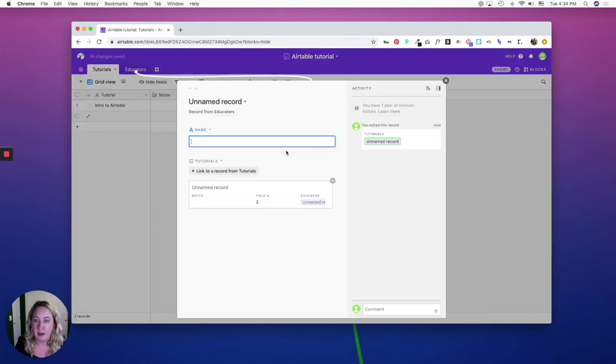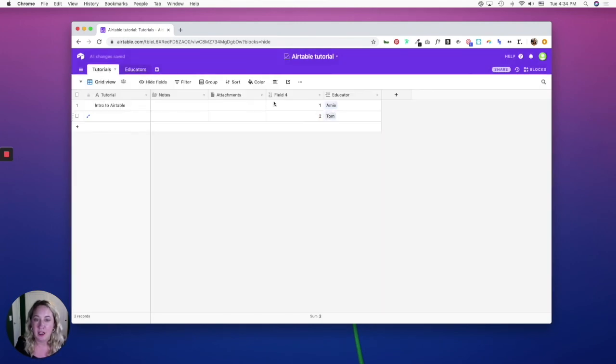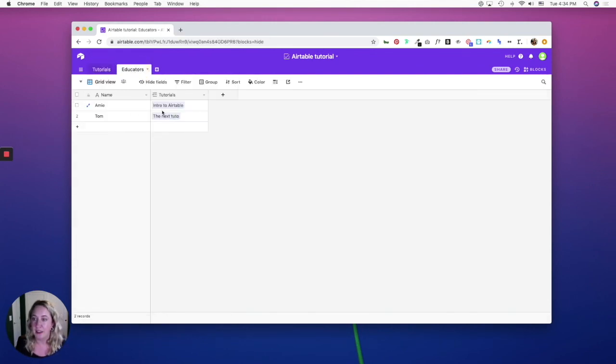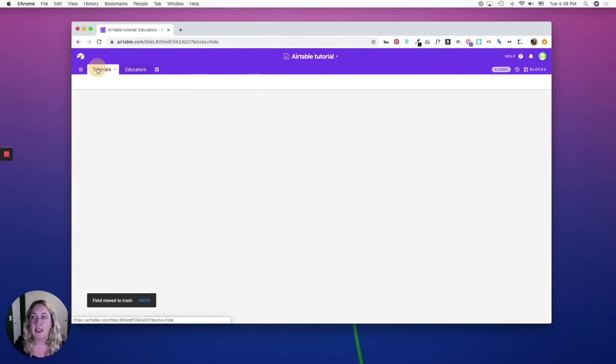So add a new record, and let's say add in Tom. So now I have Tom, and then Tom will show up here, and there's no tutorial name here. So when I update this, it updates on the educators tab. There we go. The other way you can link records is within the same table, and a use case for